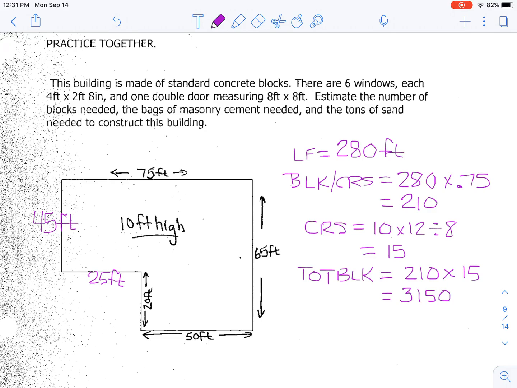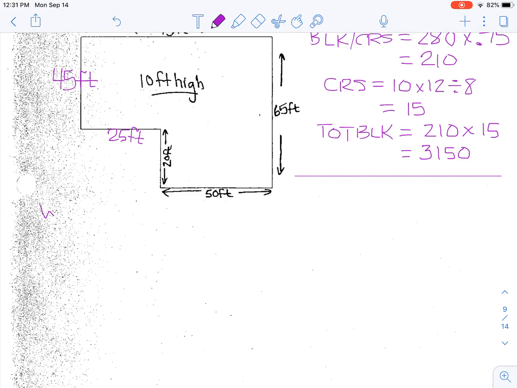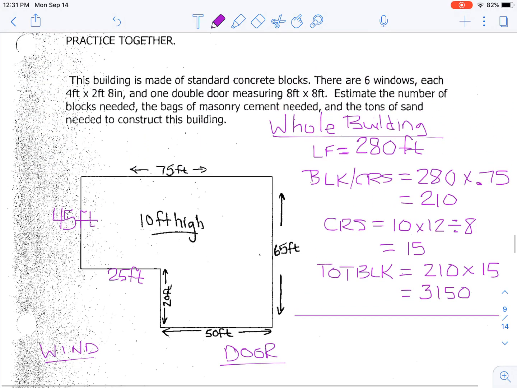Now, we need to make a sidebar. So this is the whole building. We need to talk about the windows and the door separately. So the windows, looking at those first,